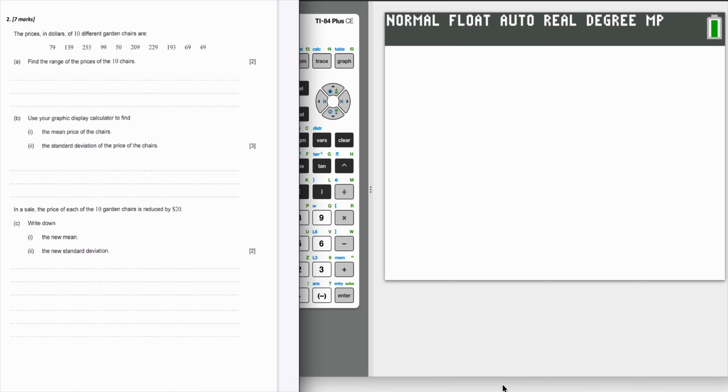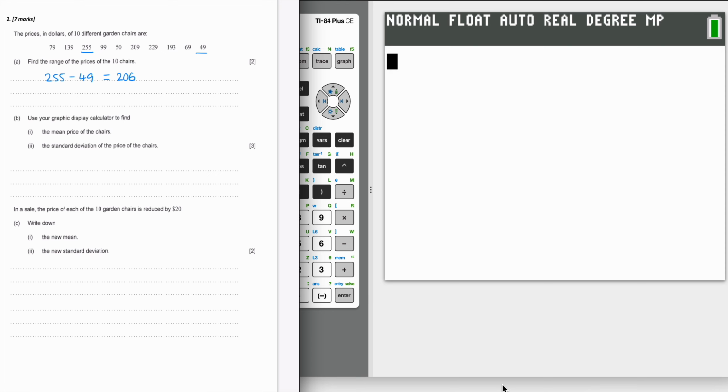So to find the range, we take the biggest value that we have, which is 255, and we subtract from that the smallest value, which is 49. So to show your working, you have 255 minus 49, and that gives us 206 for our range. And then it says to use your GDC, the calculator, to find the mean price of